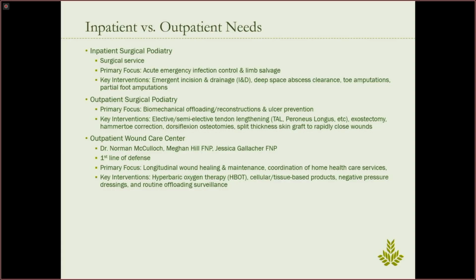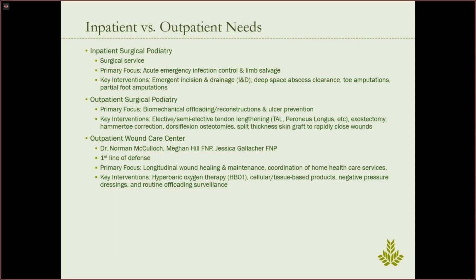For the primary care physicians or in your outpatient clinics as well, we have outpatient surgical podiatry. That's where we perform a vast majority of our biomechanical offloading procedures. A lot of these wounds, when they're on the bottom of the foot, the vast majority of them are from some pressure point, whether a patient has a hammer toe that's causing an ulcer at the tip of the toe from walking, or whether it's a wound on the ball of the foot from a metatarsal that may be abnormally aligned. A lot of our procedures are minimally invasive in nature, and we actually encourage immediate weight bearing. And that's kind of our way of assisting our wound care team in surgically offloading these wounds, when they are unsuccessful in doing conservative, traditional total contact casts, et cetera.